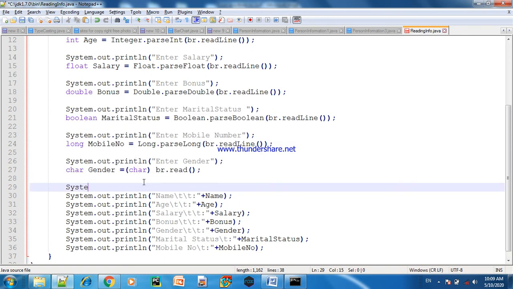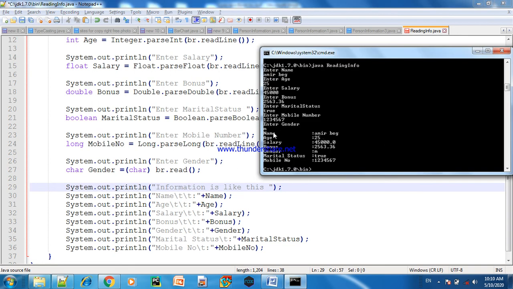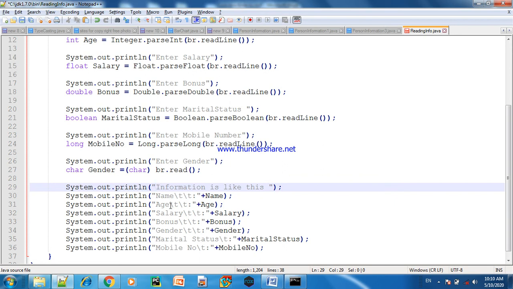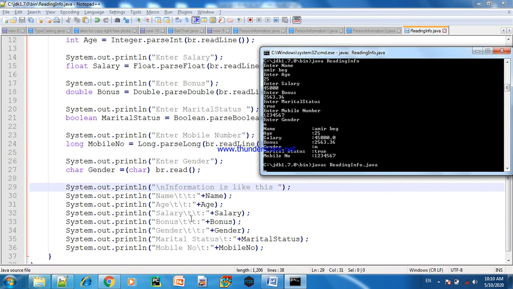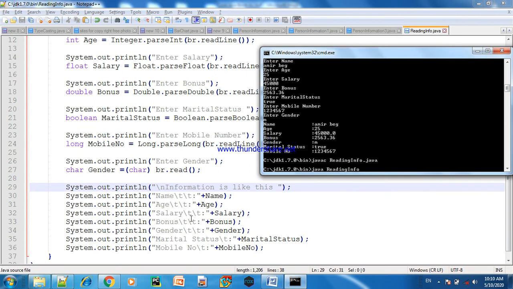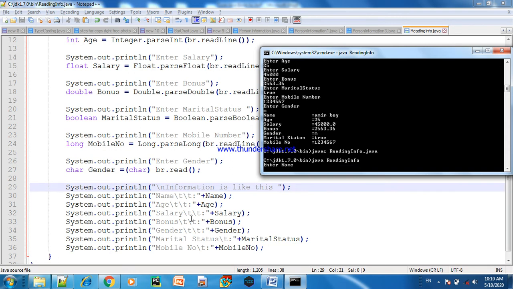We can write here a message, System.out.println. The information is like this, so a proper message can be shown here. And if we write \n, it will bring it onto a new line. Again we will compile this program and run.